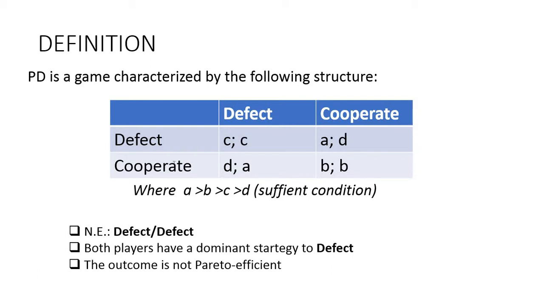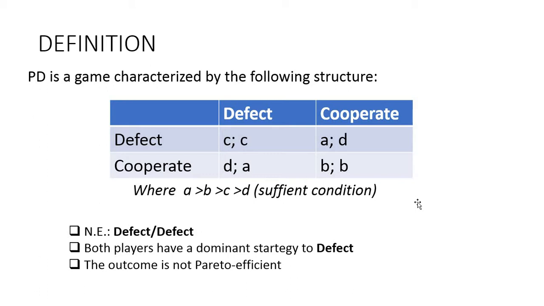The best possible outcome is if player 1 decides to defect, getting A, and the second player decides to cooperate. This also corresponds to the worst possible payoff for the second player, which is D. And more or less the following structure of payoffs should be maintained. We treat this as a sufficient condition for this game. Okay, so when it comes to necessary conditions, you can easily